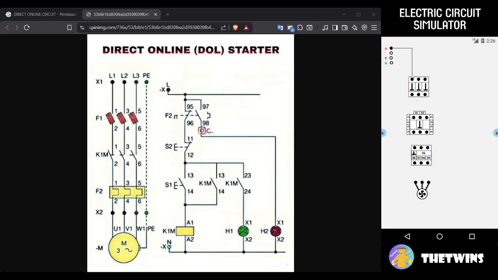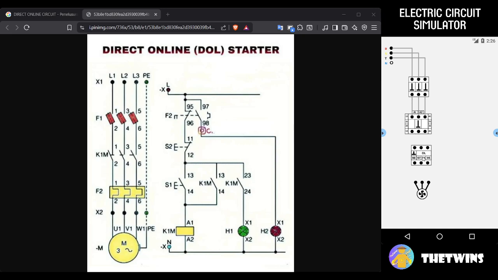Sorry, S to here and T to here. Again, output of the MCB 3 pole to input of the contactor. Okay, here, and we can drag to make it a straight wire.